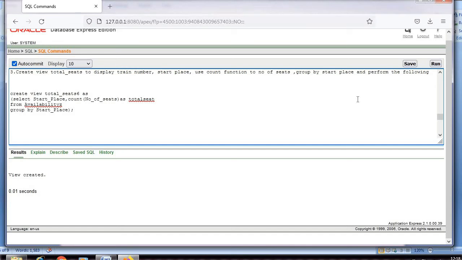After grouping, it lists out the start place and counts the number of seats, and the count will be named total seats because I have used the rename operation. And whatever I am doing, I will be treating this as a new view called total seats.